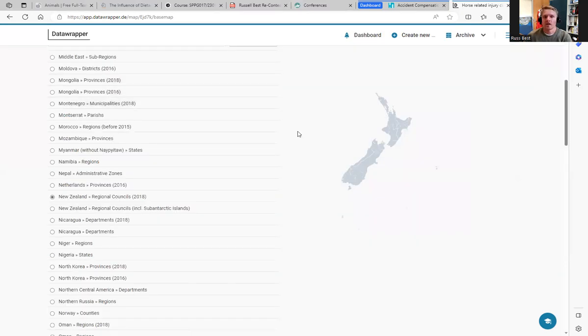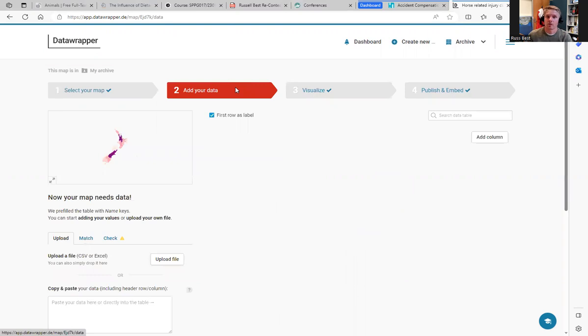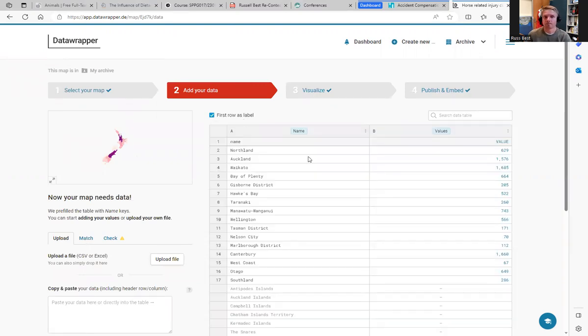Again, we've got to select the appropriate map. And the thing that makes your map appropriate is the data set that you've got to use. So download your data set first, figure out what fits, and or figure out what fits best. There may be some cases where we don't have data for that, and I'll show you what that looks like in a second. So when we come to our add data, the data set or the map pre-populates the